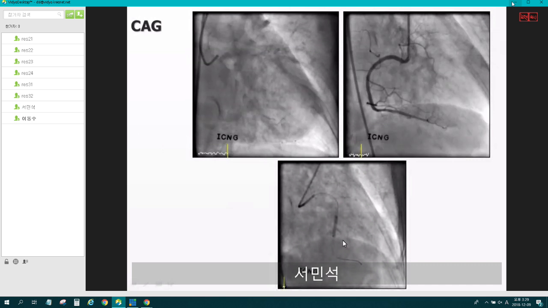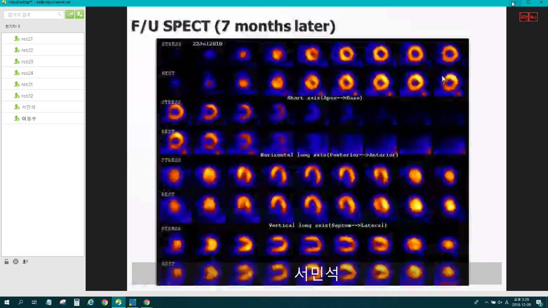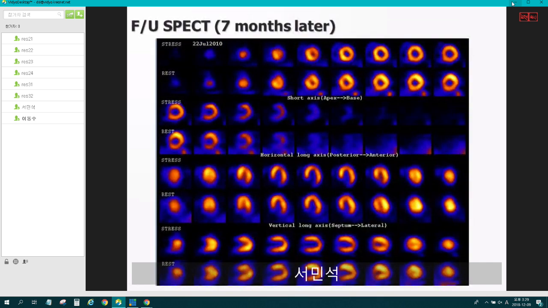So the circumflex artery was a problem, near total occlusion, ballooning, and it improved. Interestingly, then the resting defect was gone. So the thickening or the motion abnormality has recovered. That's our report. Okay. So actually, I think that the cardiac surgeon and the interventional cardiologists are better than the